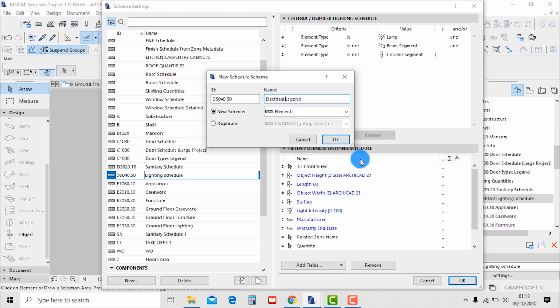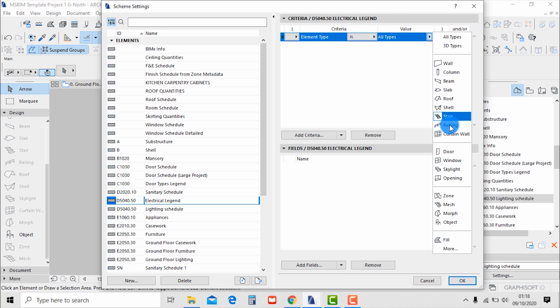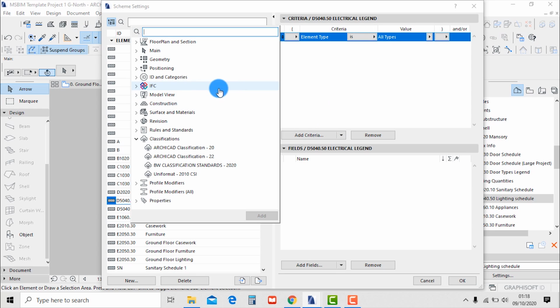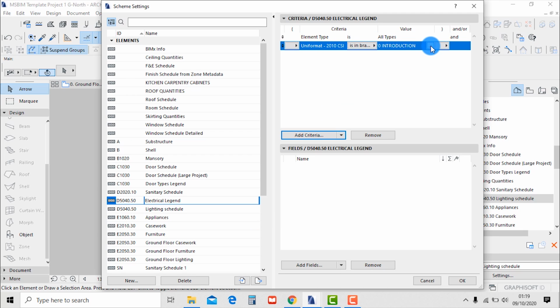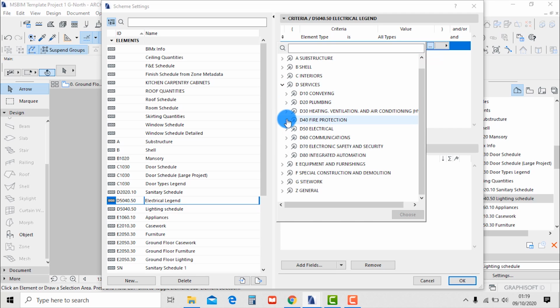And then we need to select the objects that we're going to schedule here. We're going to do it here under criteria. So element type is going to be all types, or let's just use no, it's fine, let's leave it in all types. And then we're going to add another criteria. This will be based on, I'll use the classifications, then add. And then under classification, I'm going to select the class that I know for sure is an electrical class under D services, and then find electrical. I'll choose lighting